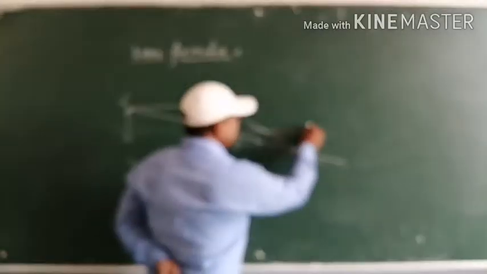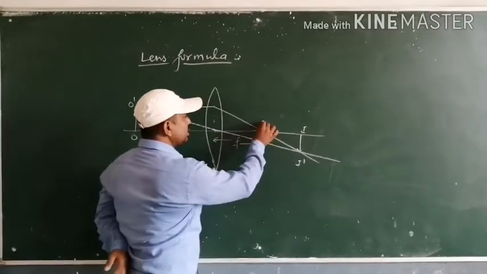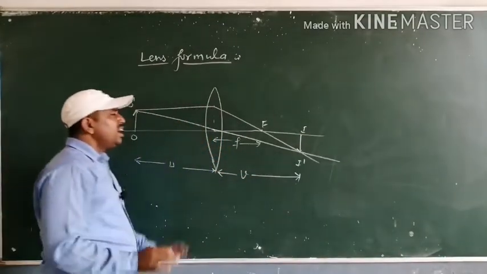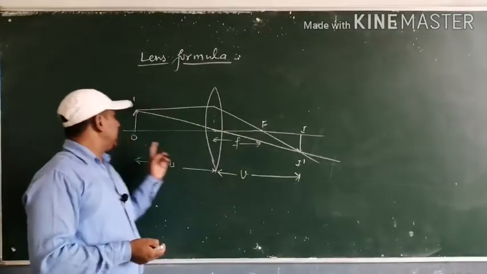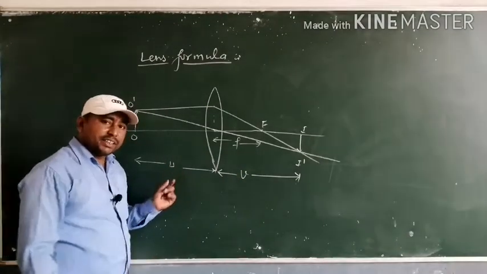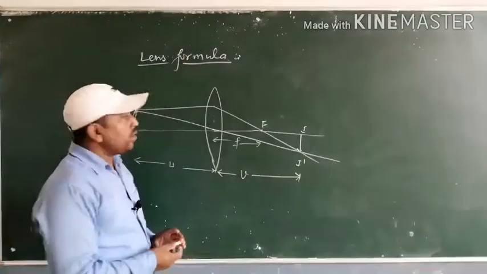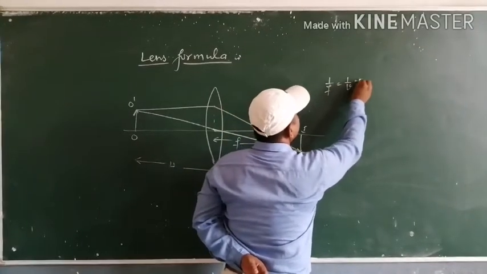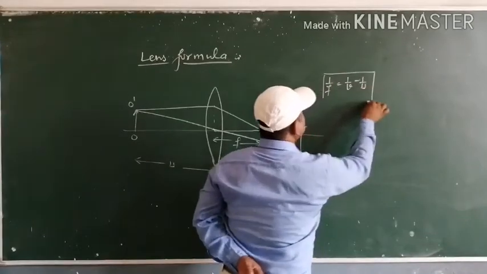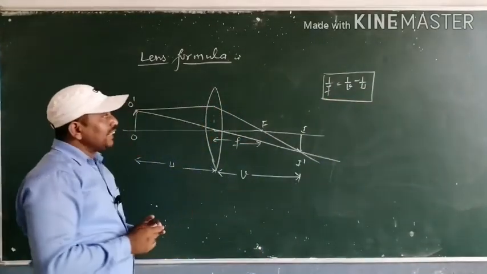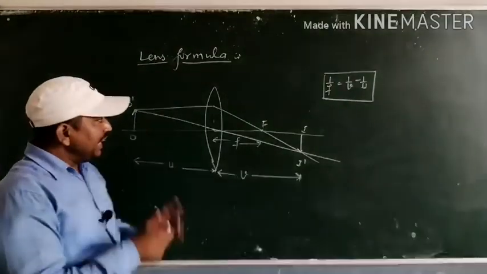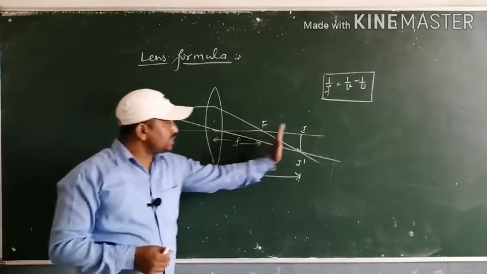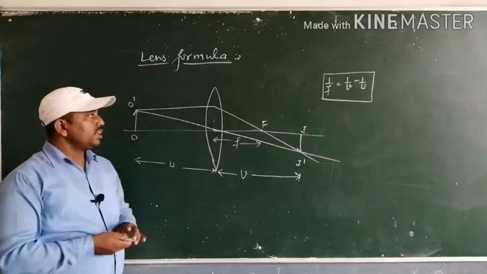So suppose this is the I dash and this one is the point of focus. If the distance of the image from the lens is v, then there is a relation between f, v and u, and this relation is known as the lens formula. We write here 1 upon f is equal to 1 upon v minus 1 by u. This is also known as the lens formula, and it relates three different physical quantities: the focal length of the lens, the image distance and the object distance.